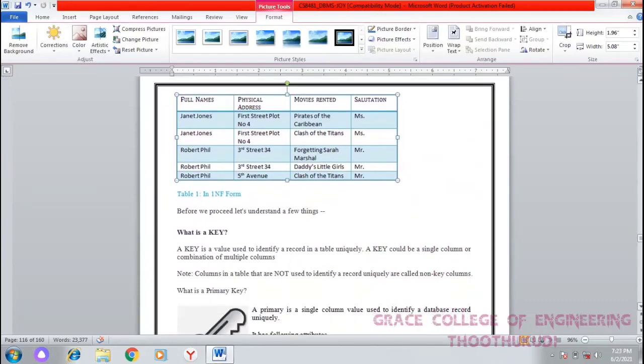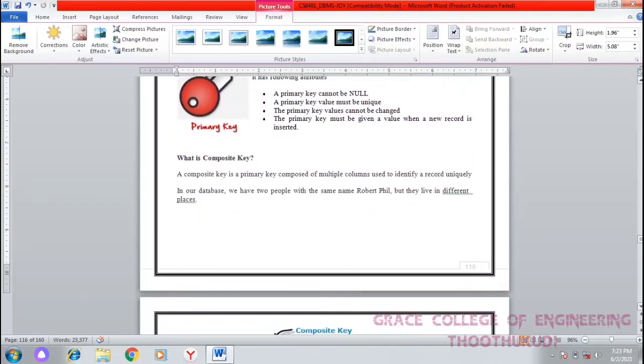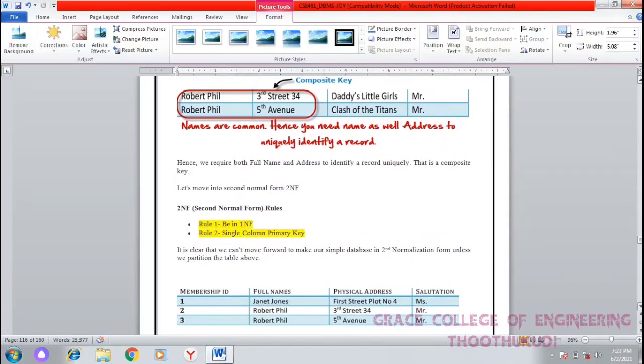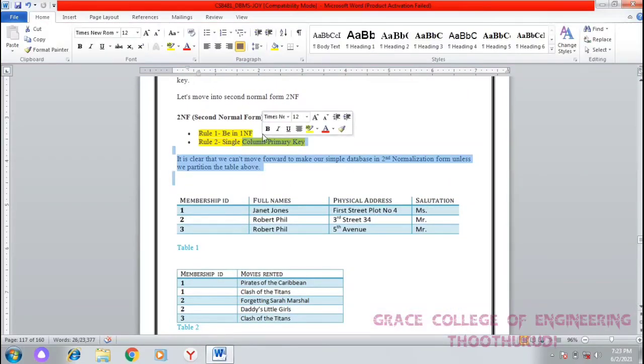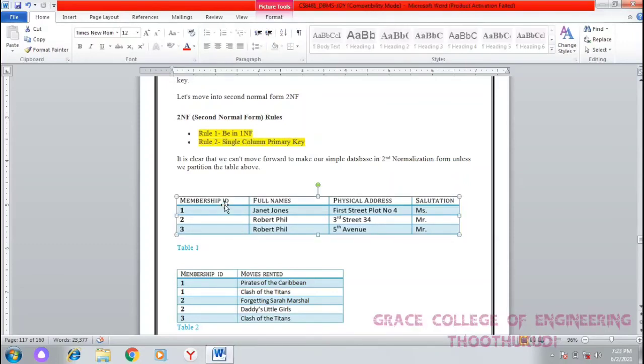And the second normal form. The first rule is that it should be in first normal form, and the second is a single column primary key. Consider the first table, the membership table. Here we are using membership ID. In table 1 the membership ID is a primary key.